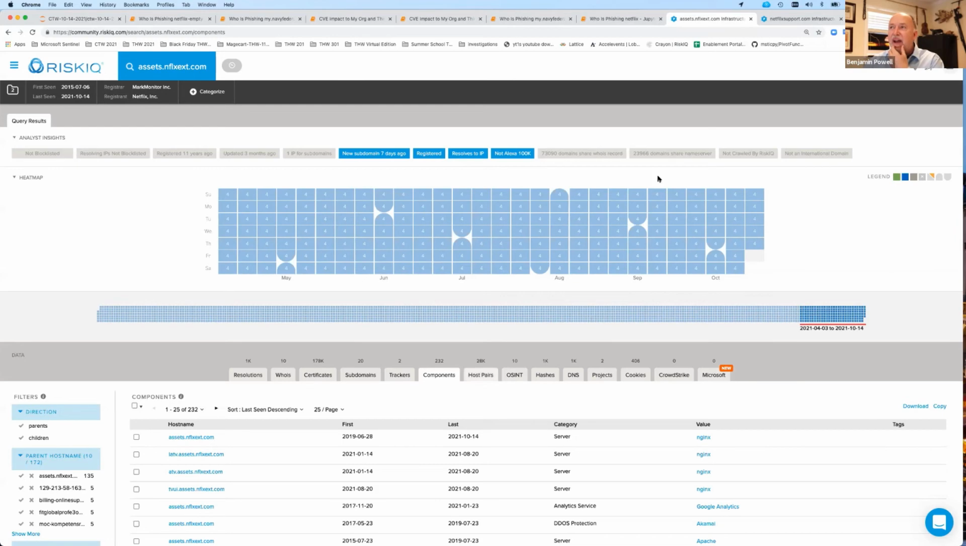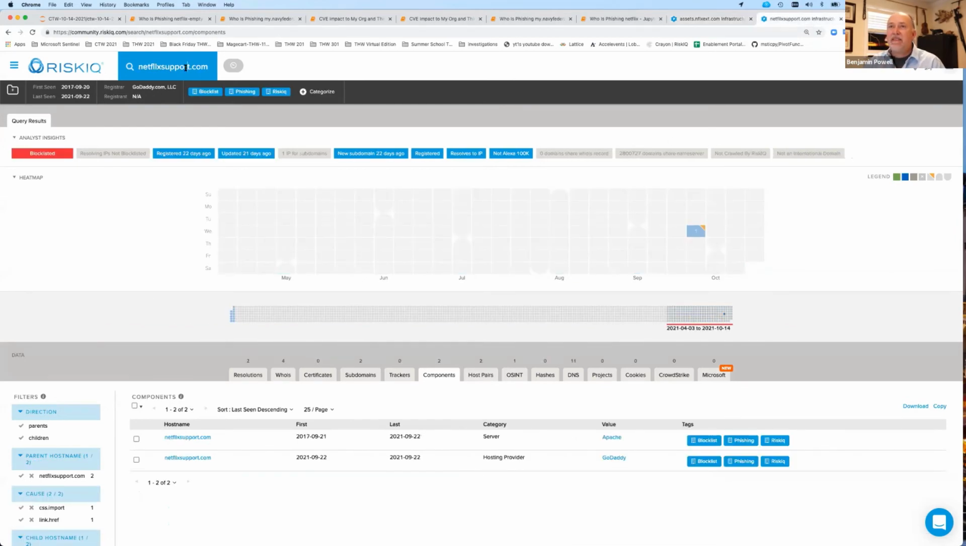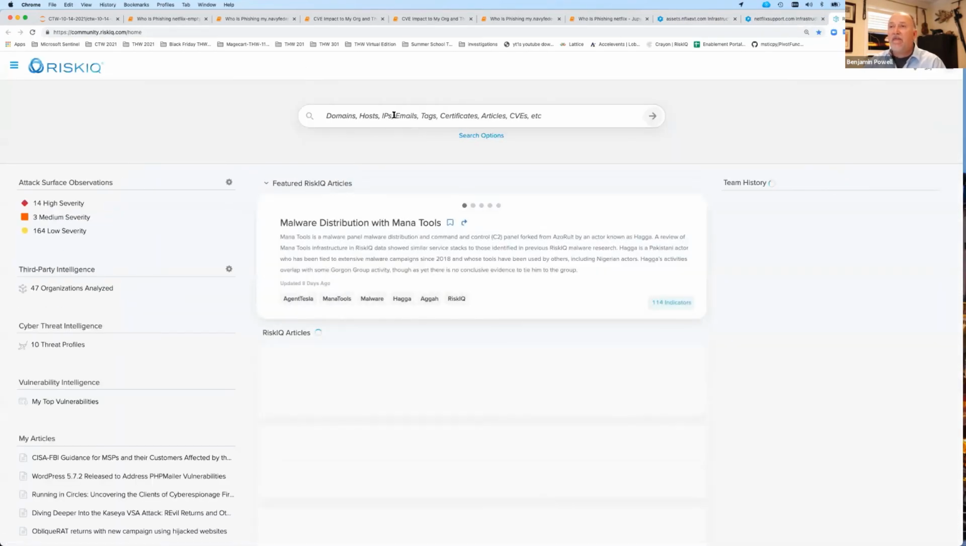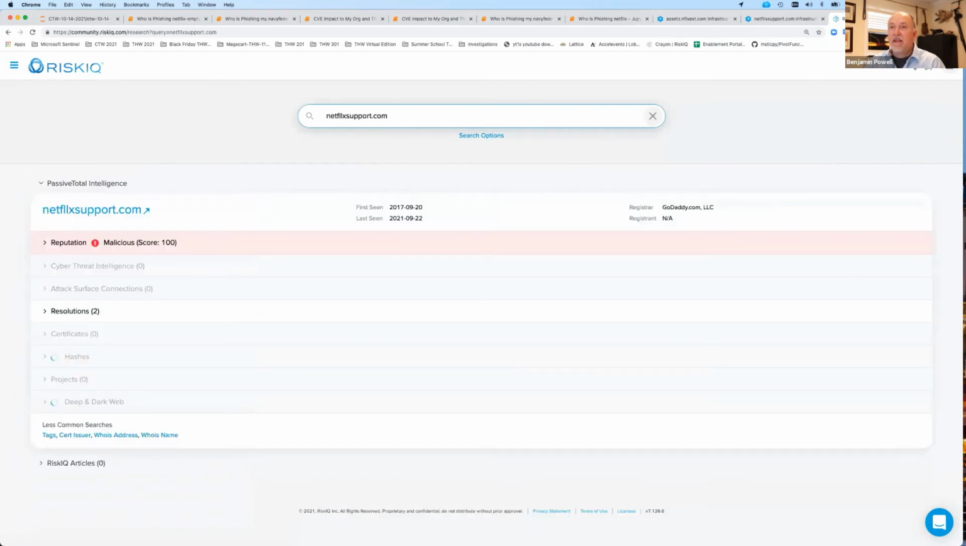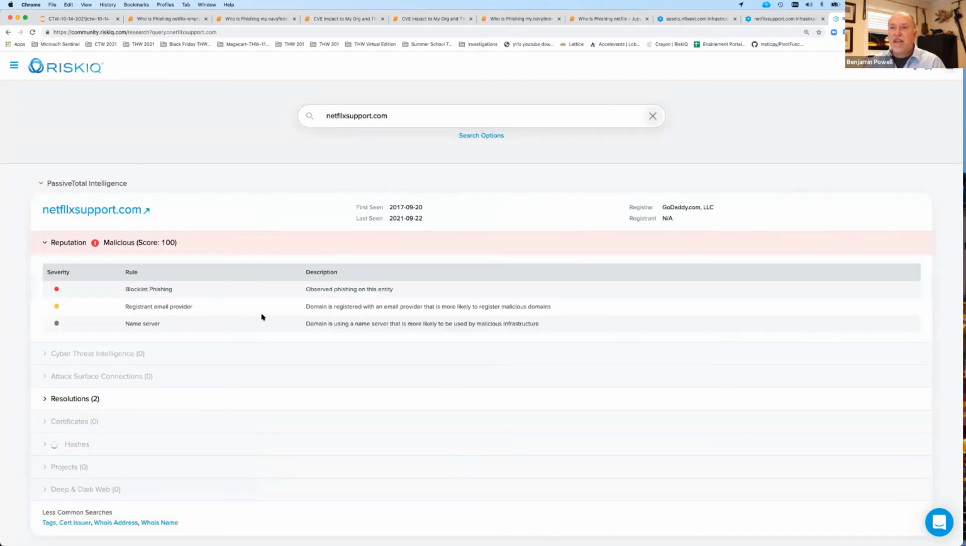So now I have that one. I can also copy this, and if I go out to the main one and search for this, it says it's malicious. Why is it malicious? It was observed phishing on this entity. Okay, we observed direct phishing from there. So let's go through and check these real quick, and then we'll start to go through the Jupyter